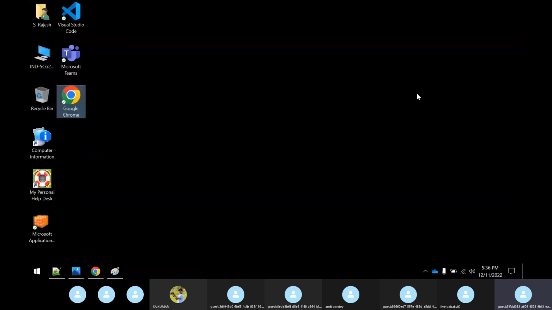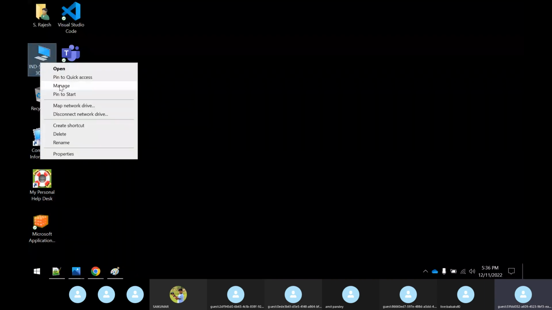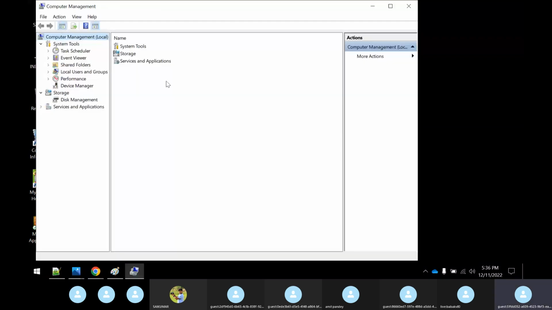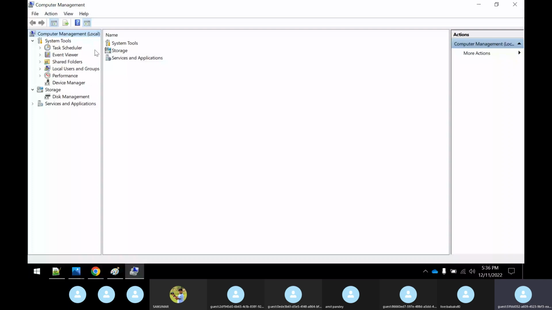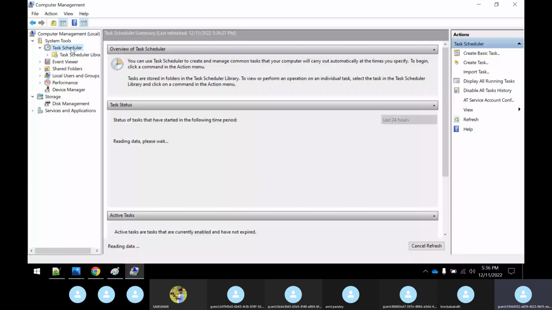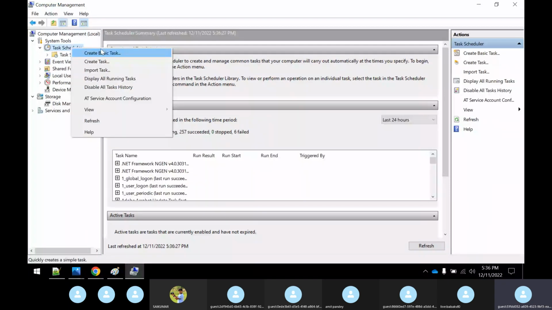See, if you go to My Computer and right click on it, you could see that there's a Manage option here. Click on this Manage. So you could see there's a Task Scheduler here, correct? Now, suppose I want to create a job. So I'll right click on it and I'll say Create Basic Task,